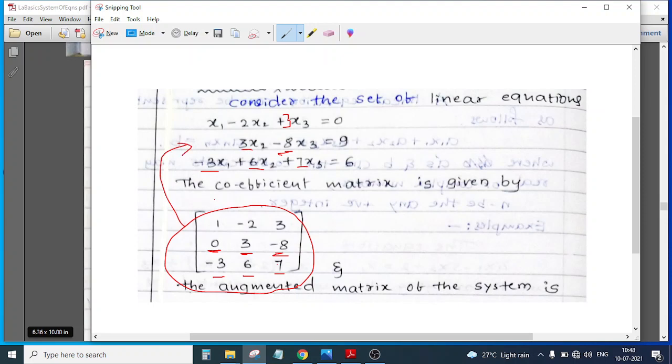Then therefore it is called a coefficient matrix. So if anybody tells you to write a coefficient matrix, what should you do? First, take the linear equations and shuffle all the terms to bring them to the standard form of linear equations. No need to do that here because it has already been done. After that, write the matrix of the coefficients of the variables x1, x2 and x3. So now this is nothing but your coefficient matrix.